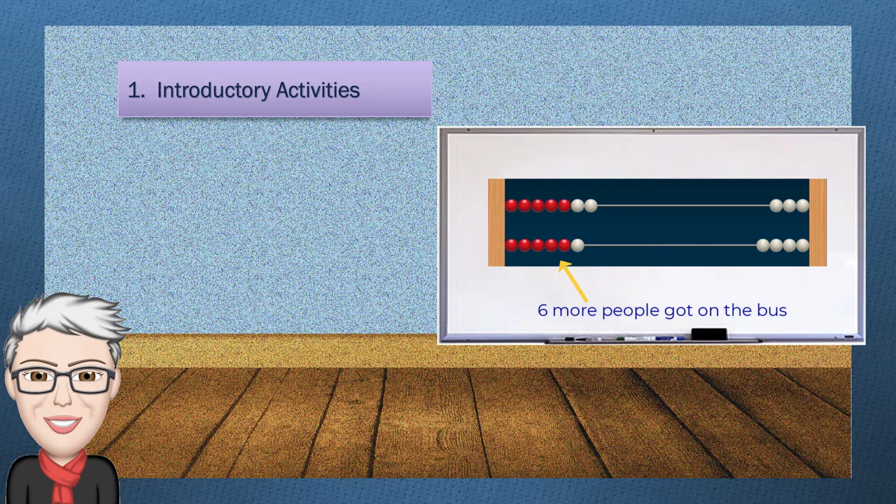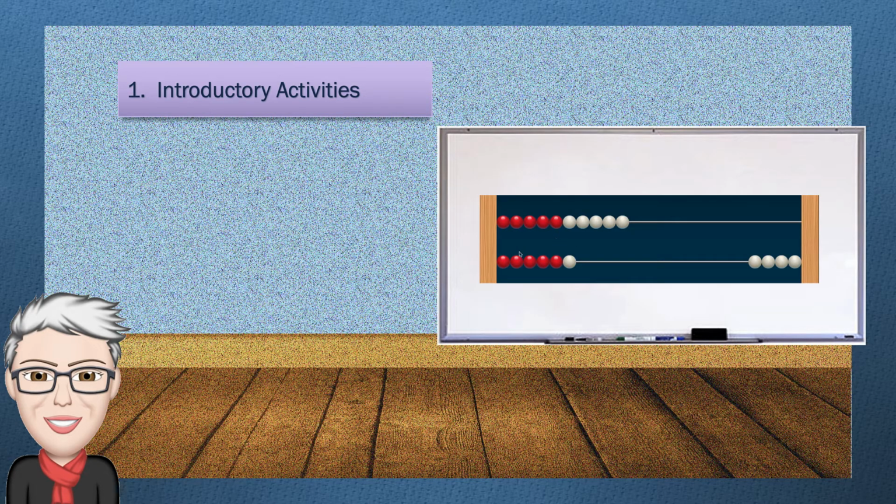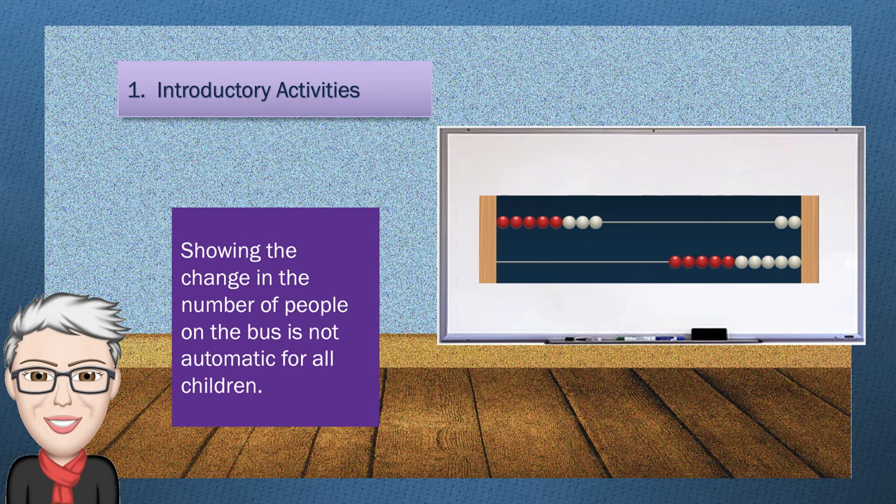To show that some people get off the bus, move that many beads from left over to the right. In this example, the motion shows that 8 people got off the bus, 6 off the lower deck, and 2 off the upper deck. Our experience is that these ways of showing the change in the number of people on